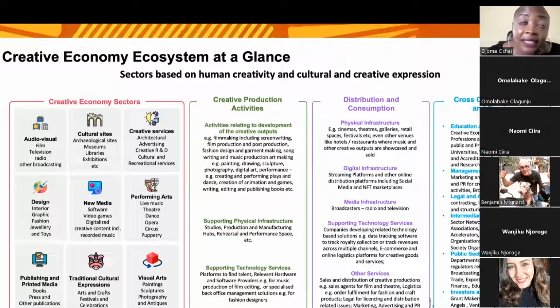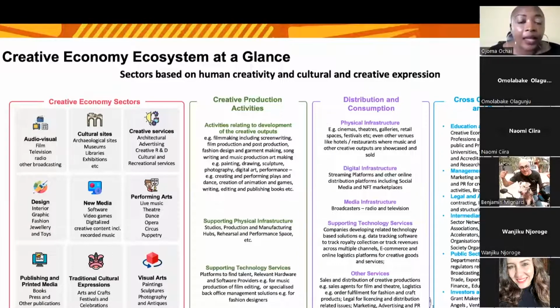Legal and accounting as well. You need to have knowledge and information about how contracting happens in your sector, who's responsible for managing and protecting intellectual property in your sector, in your country. What are the legal requirements relating to setting up a company? All of these things you need to be aware of, and we will cover that in the course of this program.